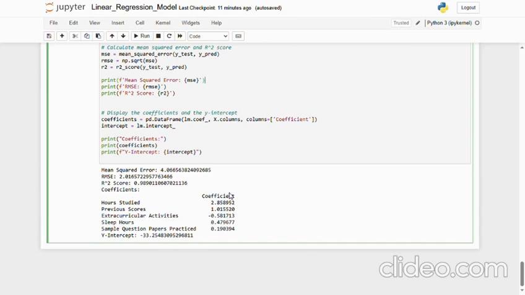And holding all factors constant, you don't have hours of studies, you have no previous courses, you did not engage in extracurricular activities, you did not sleep, you did not practice any question, then the constant or your performance index will be negative 33.254, which is approximately 0 because the performance index ranges from 0